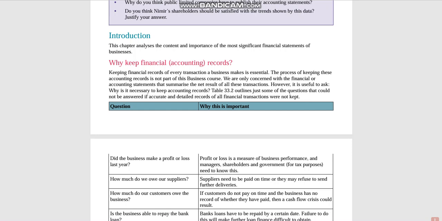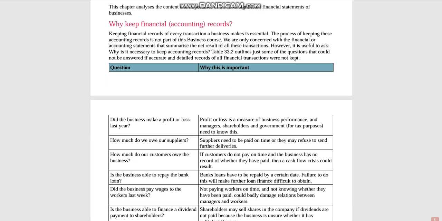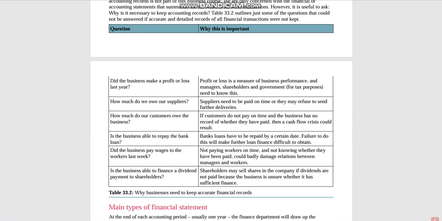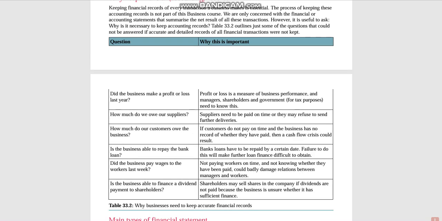There's not a lot of information right here, but we'll look at table 33.2. So now, as I said, you can see if you made a profit or loss, if you reached your objectives, if you paid your suppliers, whatever you owe, your liabilities, your assets, your revenue coming in, your cash flows, and the money you're owed, and the fixed costs, and the variable costs, and your total costs. That is all inside an accounting statement.